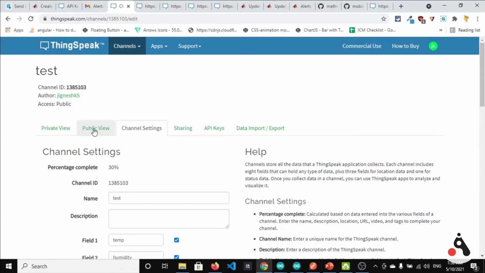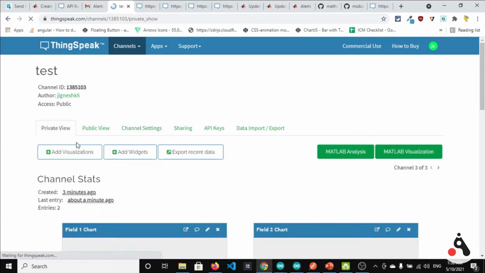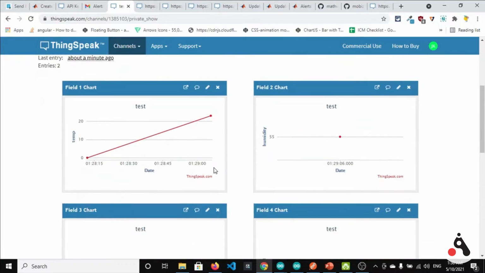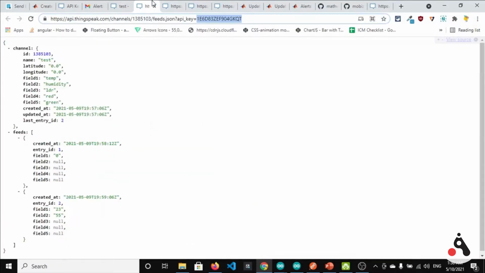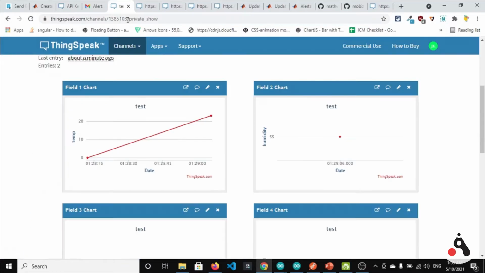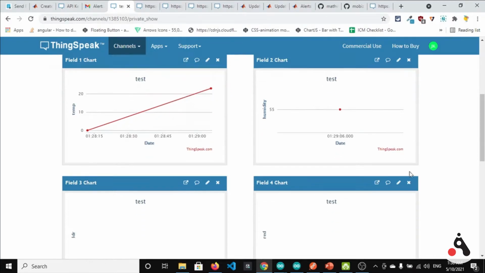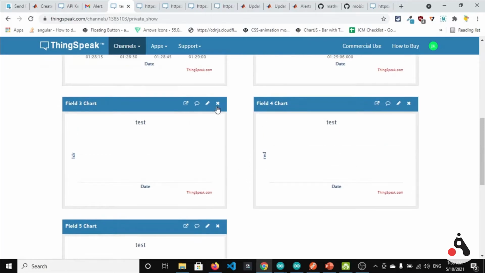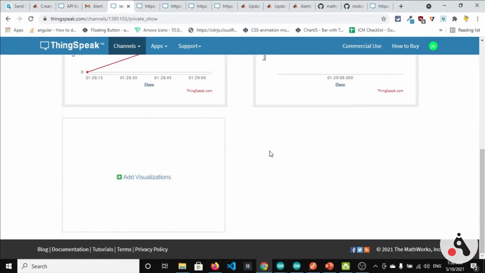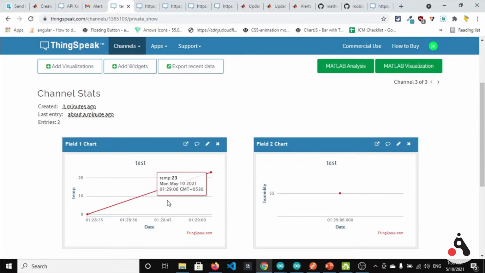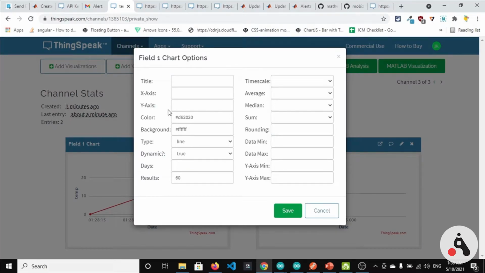So the next step is to add the widgets. You can see that the visualization also, after adding these 2 entries, field 1 is 0 and it's now 23. So temperature was 0, and it's 23. So that's how this visualization works. Let's remove these few visualizations, and you can also change the type of graph, which I discussed at the starting of this session. Like, this is a line chart, but we can change it to bar chart or column chart.